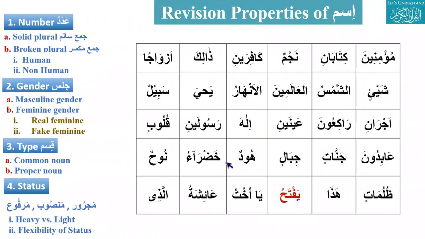Okay, Ayan. Yes. Properties of noun. There are four properties of ism: number, gender, type, status. Number is singular, plural, dual. Gender is masculine and feminine. Type is common noun and proper noun, and status is